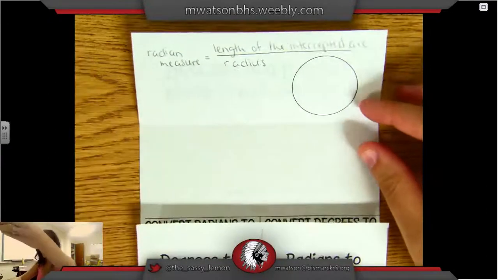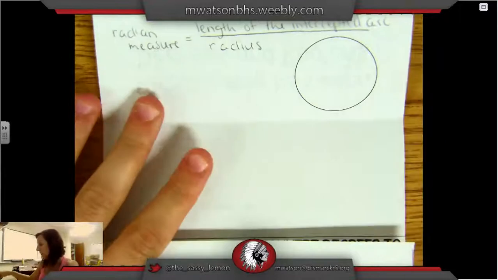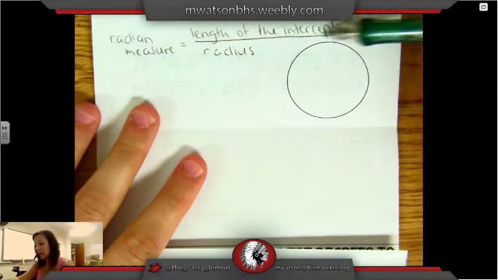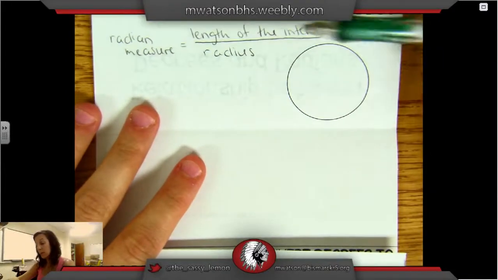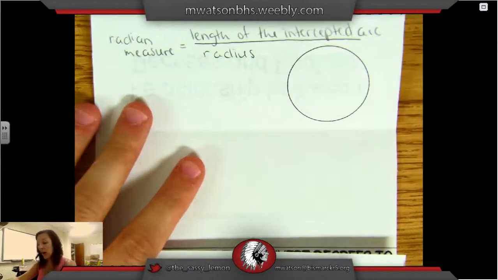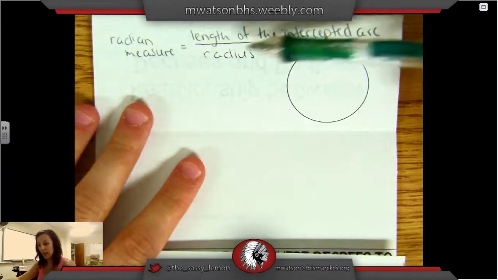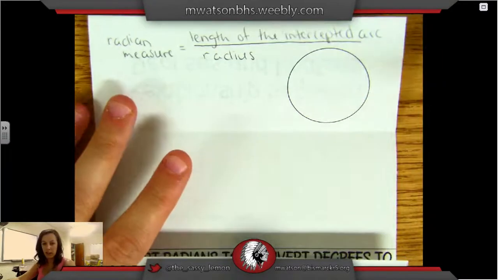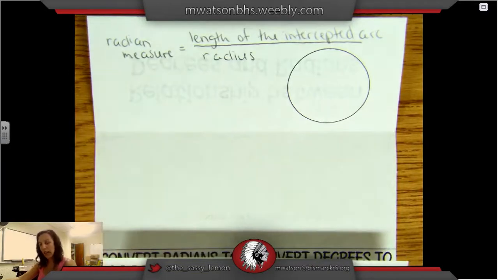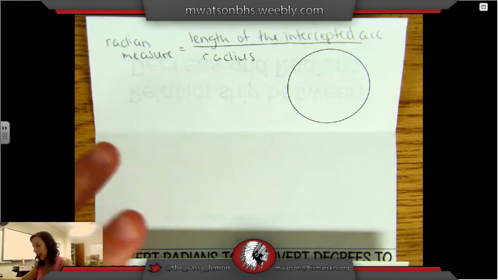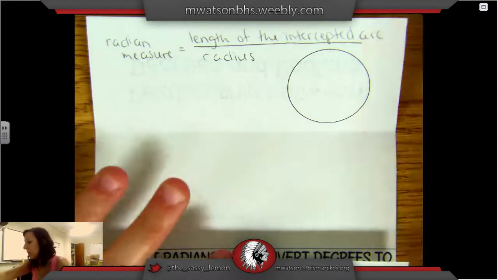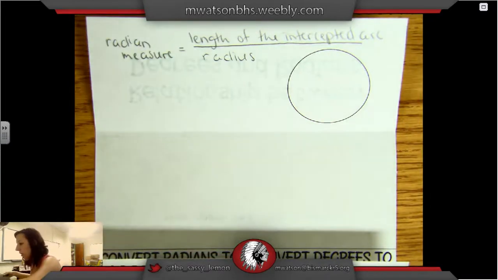Mathematicians actually created radians by dividing the length of an intercepted arc by the length of the radius. So I went ahead and wrote this down ahead of time because it's kind of long, but go ahead and write that down and pause it if you need to, and then start the video again. So to kind of illustrate what I'm talking about when I say the intercepted arc and the radius and all that, I'm just going to quickly show you a little drawing